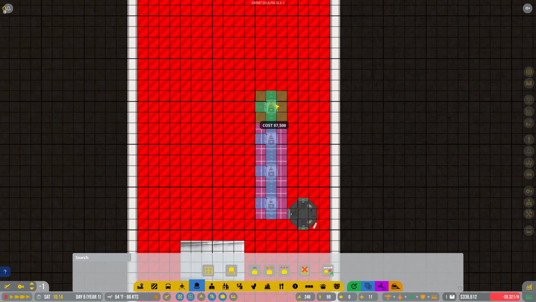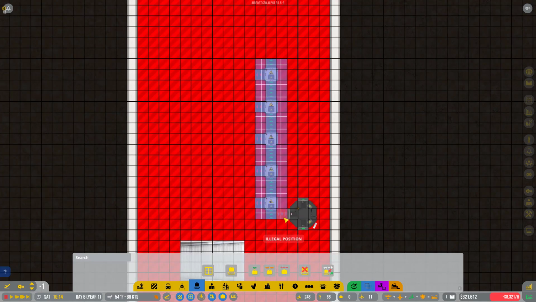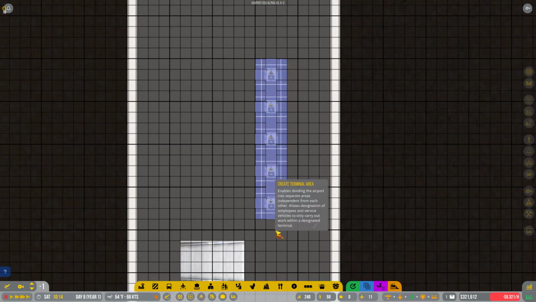So I'm going to grab each one of the 5. They don't have to be in any particular order. But now what will happen is we're going to set up belts. Now what we're going to do...